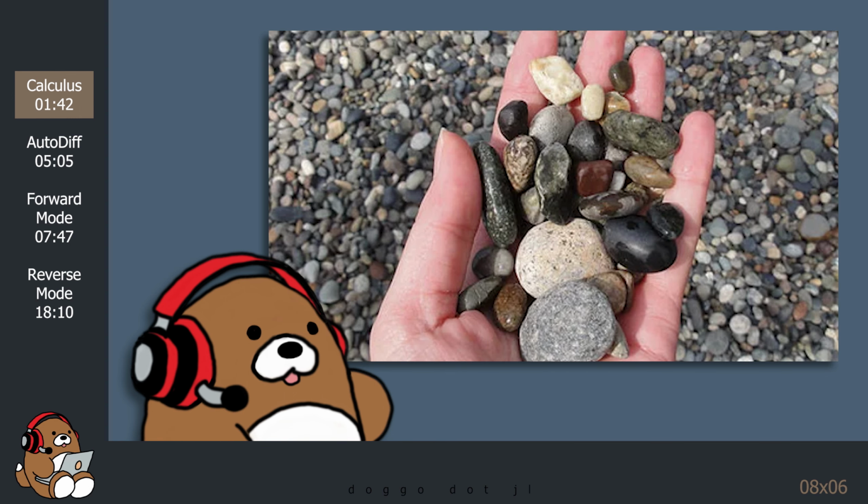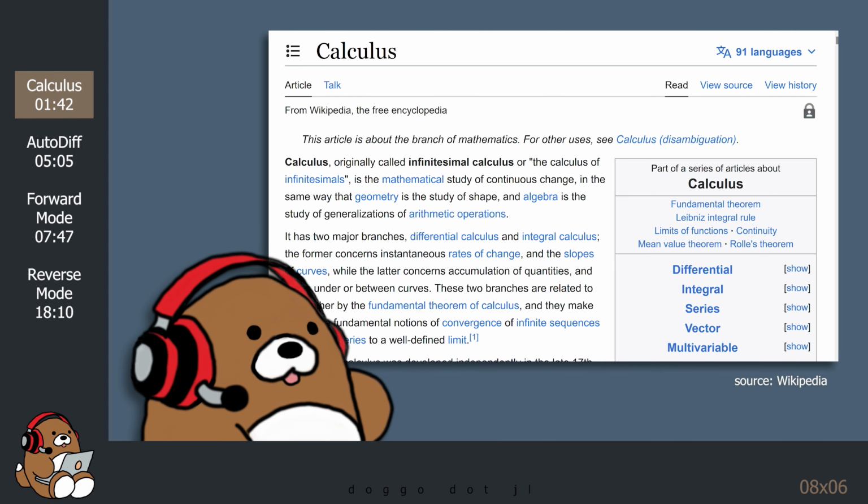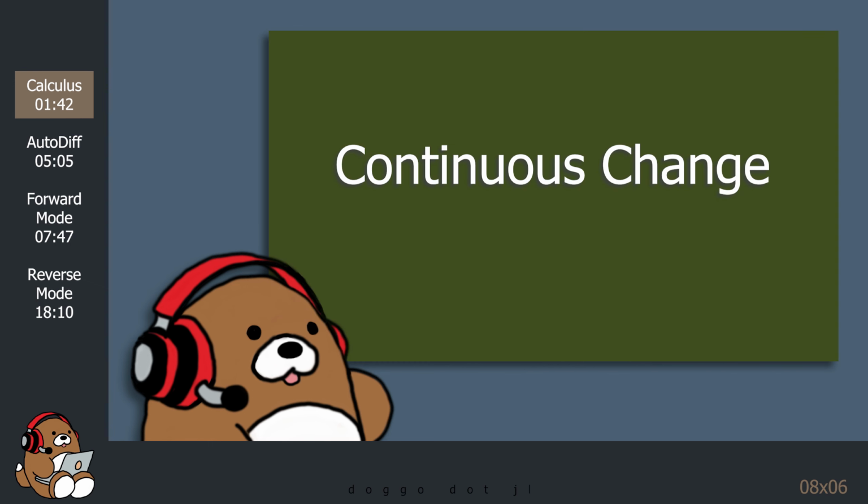Calculus is a Latin word meaning small pebble. According to Wikipedia, in ancient times, these small pebbles were used for counting distances, tallying votes, and doing abacus arithmetic. Over time, the word calculus came into use in other languages to refer to any body of mathematics. Today, when we say calculus, we're referring to a specific subject, which is the study of continuous change.